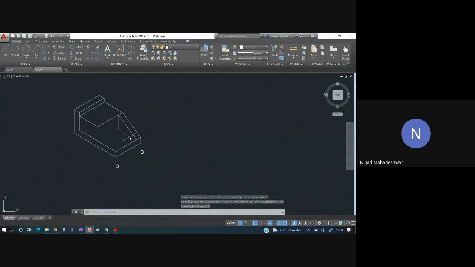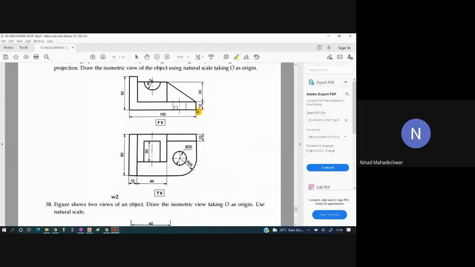Press enter over here. So you have shifted the drawing. Everybody has got this? Students, have you got this? Yes, sir. Looking at the top view, now if you see this rectangle over here, what is happening? This doesn't have a breadth of 60. It has a breadth from this end to this end. So how much is that length? From this end, how much is that length? From the other end, how much is that length?